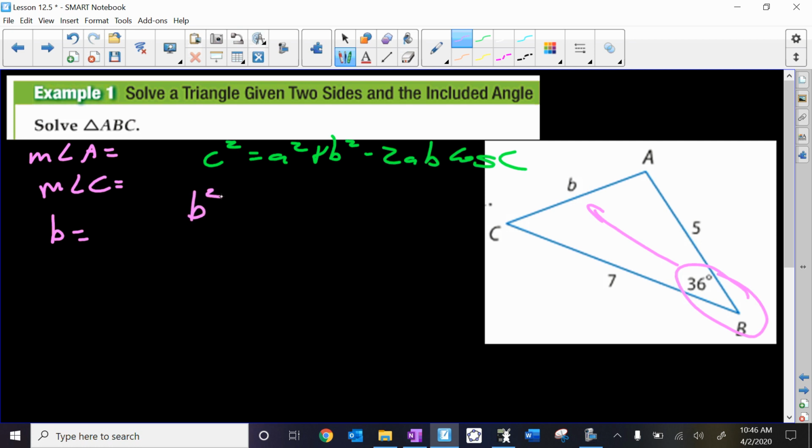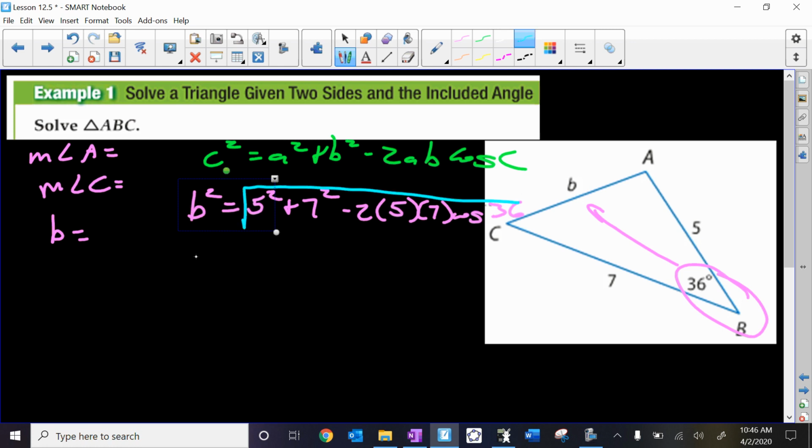So b squared equals, you can put 5 first or 7 first, it really doesn't matter, minus 2 times 5 times 7 cosine of your angle measure, 36. To solve for b, I don't want b squared, I just want b, so I'm going to take the square root of everything,